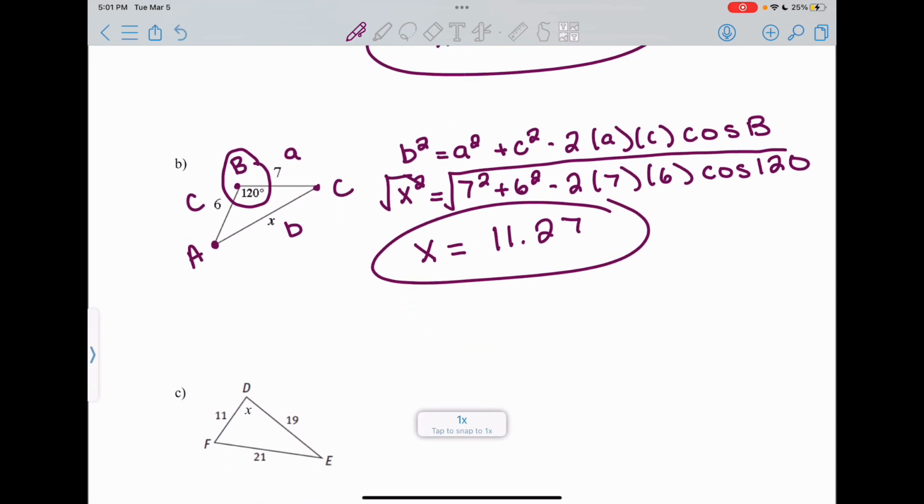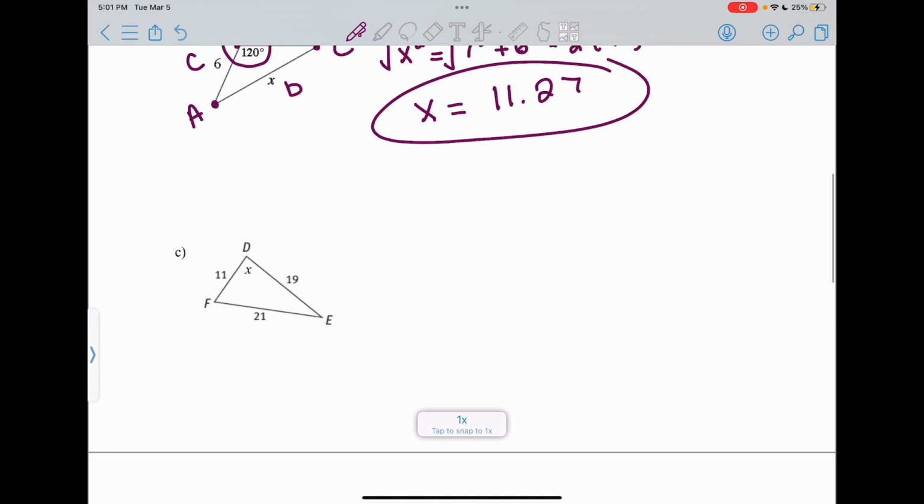Let's try one more. And this time, notice how I'm missing an angle. So we're going to find out how the law of cosines works when we need to find an angle. I'm going to start by labeling my letters. I have little d, little e,